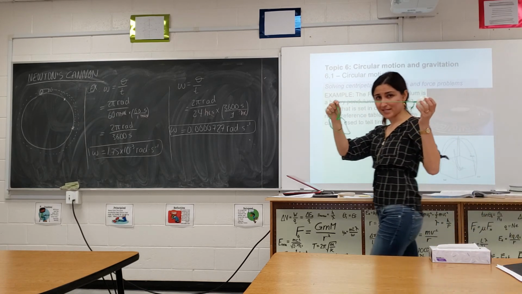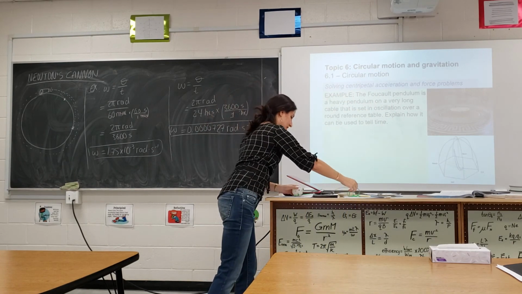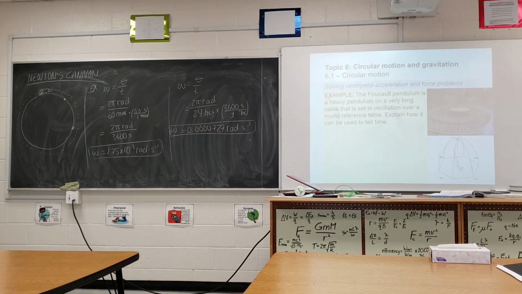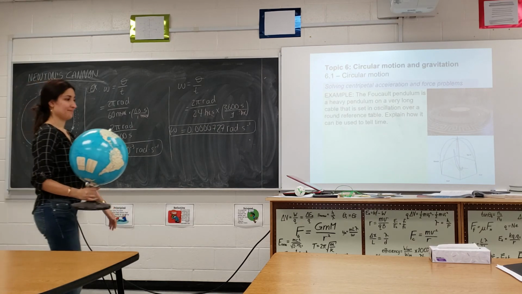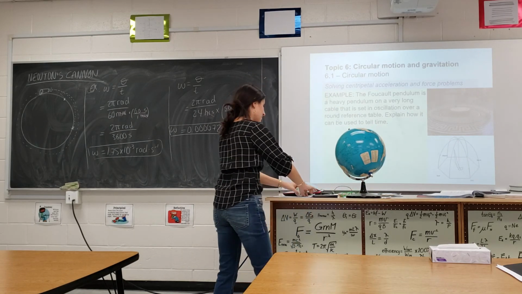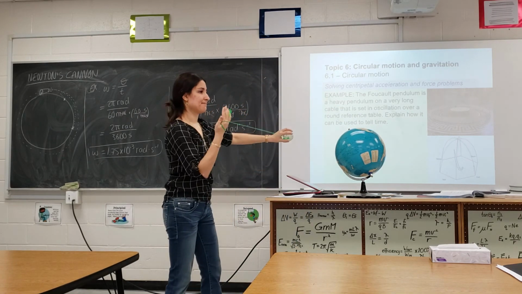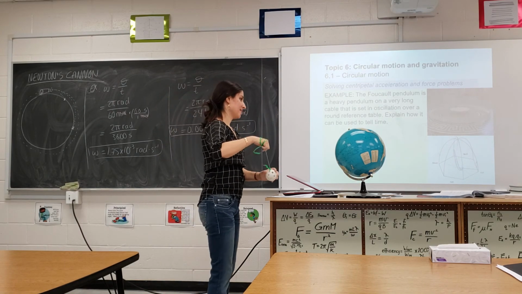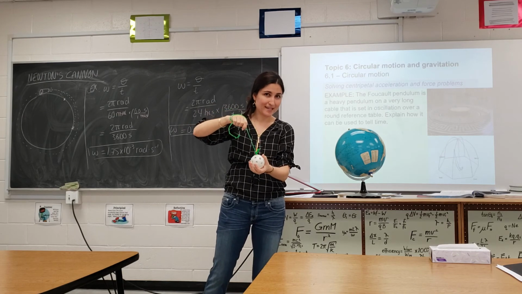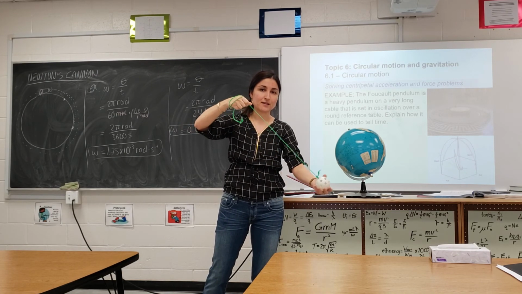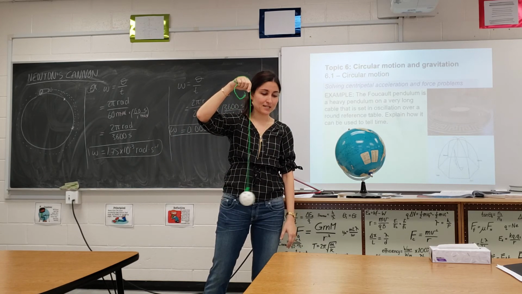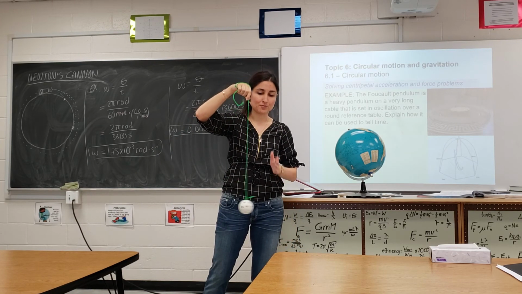Right, I've got my ball attached to a string. I'm gonna grab one more thing. The globe. All right, so I'm gonna set this down here, and I've got a pendulum. Now, a pendulum is an object of mass attached to a string that undergoes simple harmonic motion. So like this. This thing is oscillating back and forth about some equilibrium point, which is in the